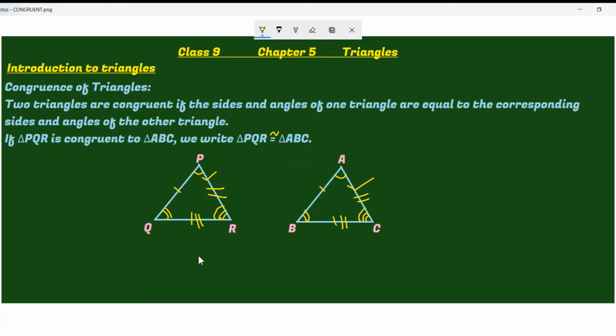One more condition is there. If the areas of two triangles are equal to each other, it is not necessary that these two triangles are congruent. Got it? So, if the triangles are congruent, we can say the areas of the triangles are equal. If the areas of triangles are equal, then we can't say those triangles are congruent. Got it? Now we are going to see what are the criteria of the congruence of triangles. There are 5 criteria. We are going to see them one by one on the next page.